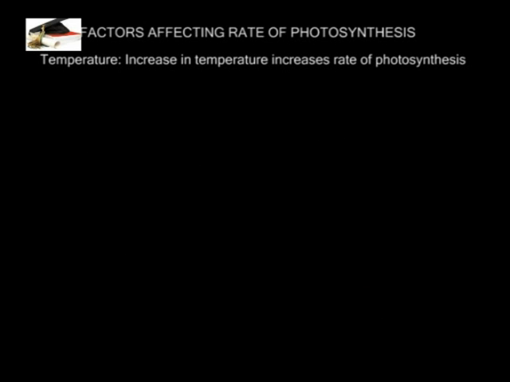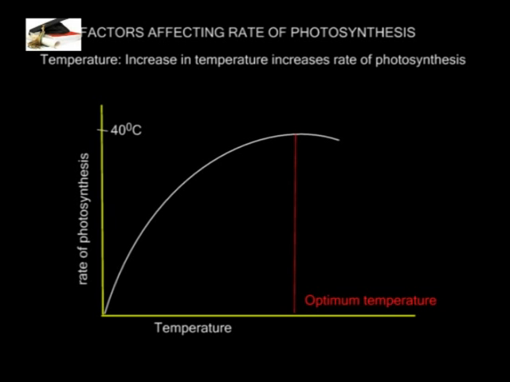Temperature. Photosynthesis is a process controlled by enzymes. Now, enzyme-controlled reactions are affected by temperature changes. At low temperature, the rate of photosynthesis is low. A rise in temperature by 10 degrees results in the doubling of the rate of photosynthesis up to 40 degrees Celsius. Further increase of temperature decreases the rate sharply and finally stops. This is because the excess heat destroys enzymes which are responsible for the chemical reactions.